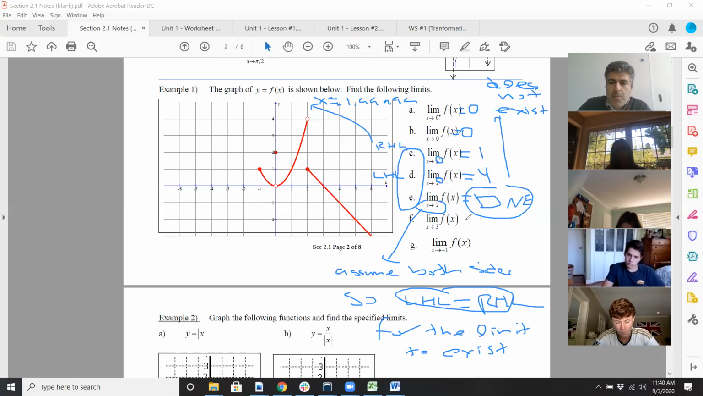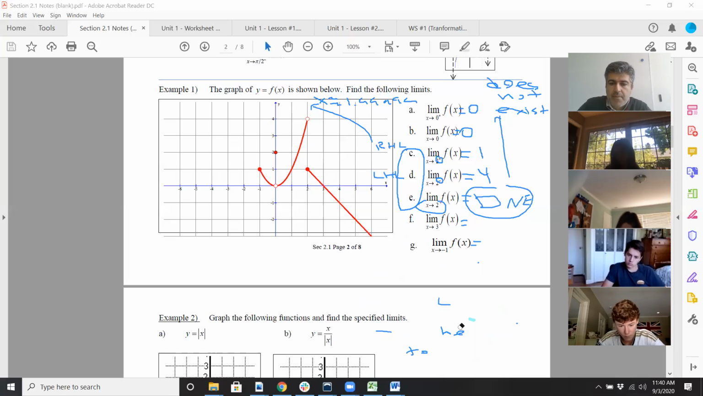And then pretty much time's up, but let's just do these two really quickly here. Let me erase some of this other stuff. For F, x is approaching 3. So sometimes you just say what the y value is. It's just 3. Or here, as x approaches -1, y is going to be approaching